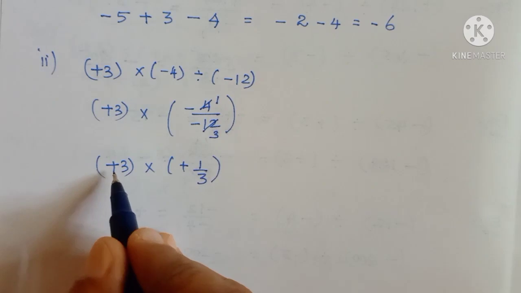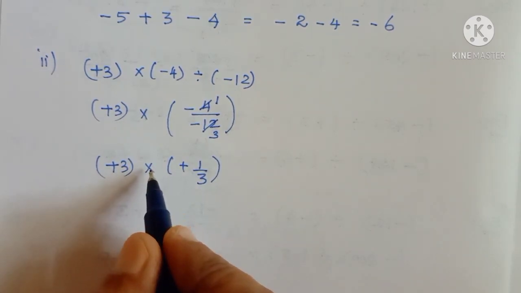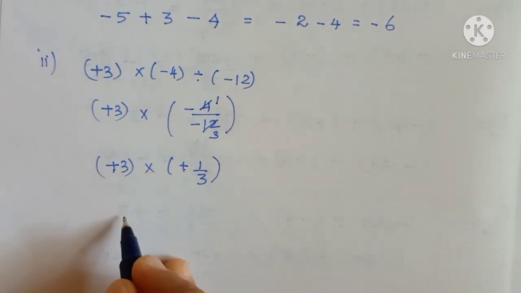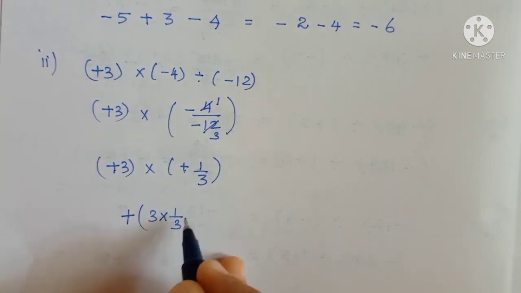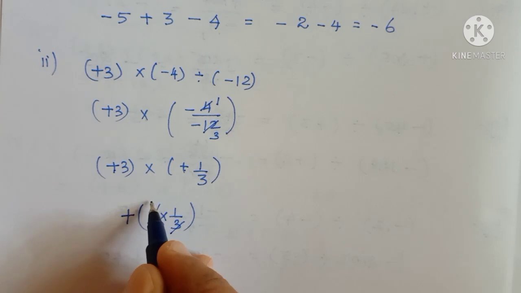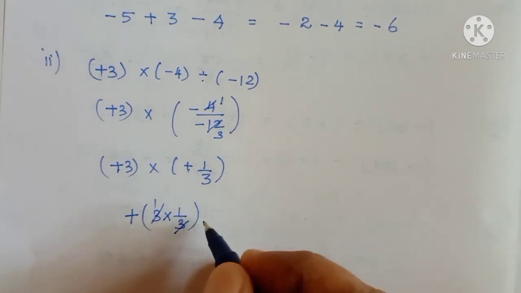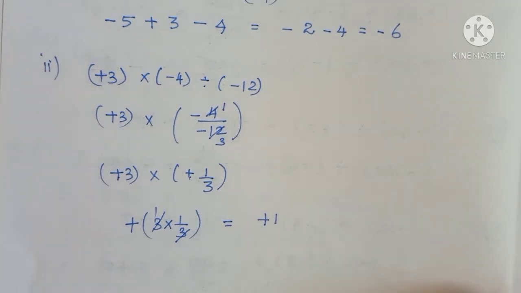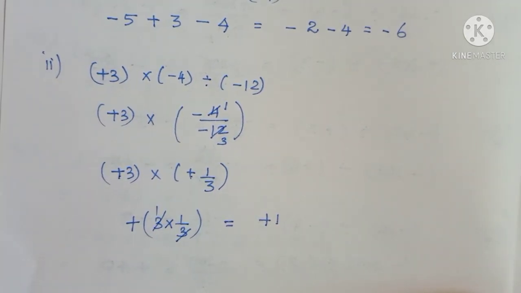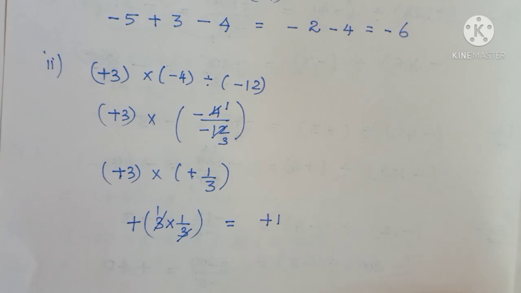Okay. Now here only the two terms, the two also multiplying here. So plus into plus, what you will get, plus. The numbers you see 3 into 1 by 3. Here 3 getting cancelled, you will get number 1 only. So 1 ones are 1. So the answer is what? Plus 1. So in one problem we are having more than one arithmetic operator, we will use only BODMAS rule. Using the BODMAS rule, we are solving the sums.